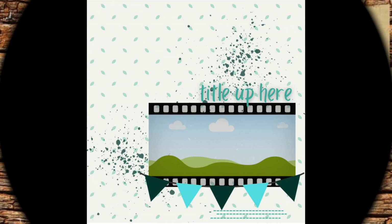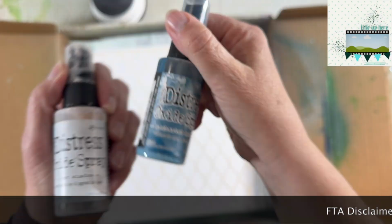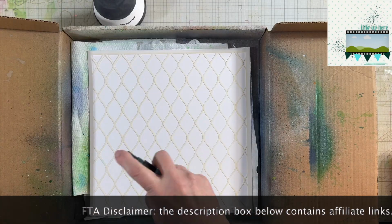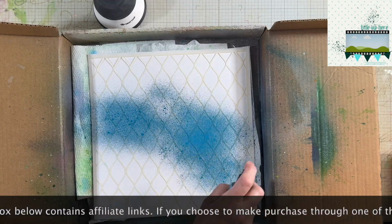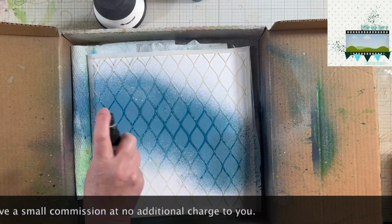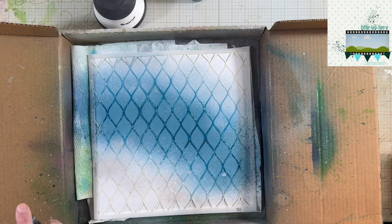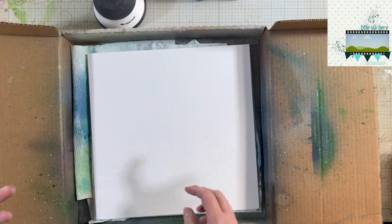The sketch that we're using for Mix It Up Monday is by Brandy Jo. This is the sketch. I am actually going to stretch it into a double pager, and I am using a little bit of Uncharted Mariner Distress Oxide ink as well as some Lost Shadow Distress Oxide ink. I know I showed that super fast. I apologize that it was so quick, but I'm doing a double pager, so I'm going to do this twice,